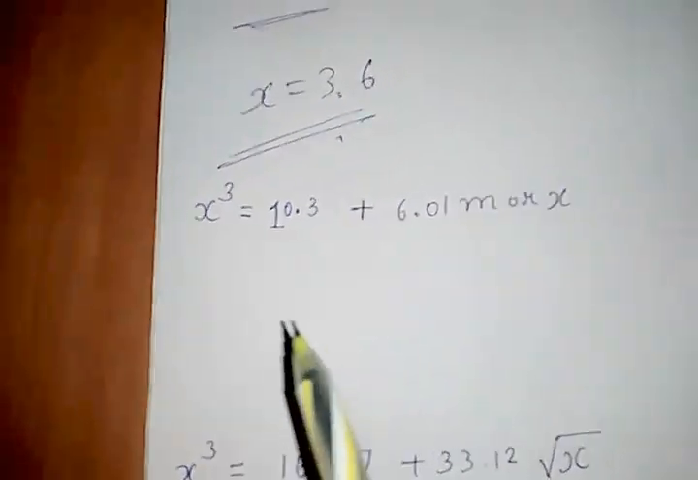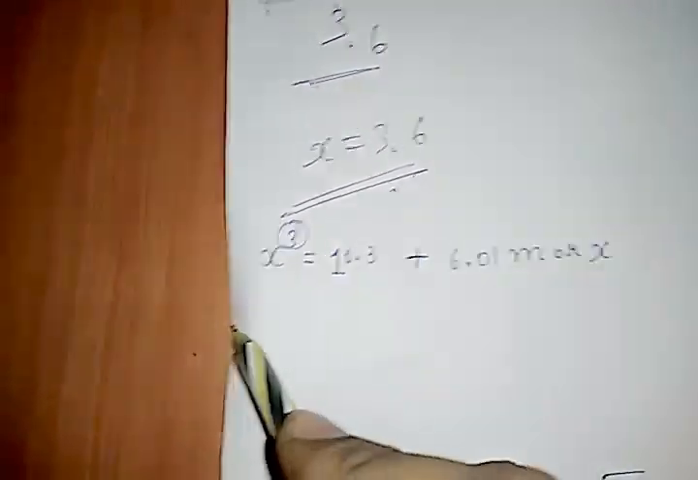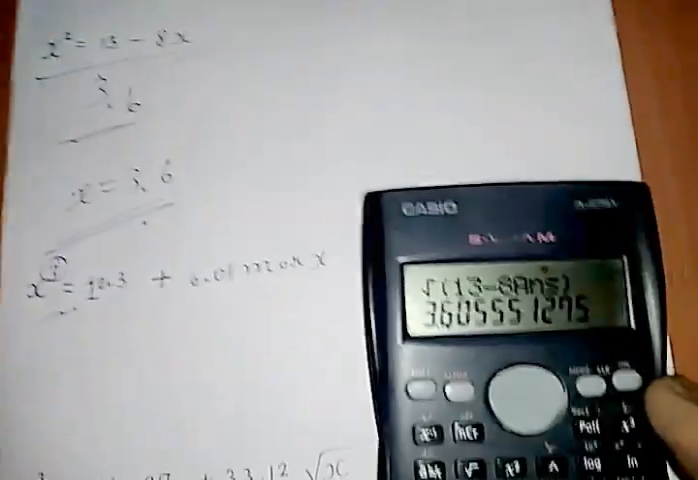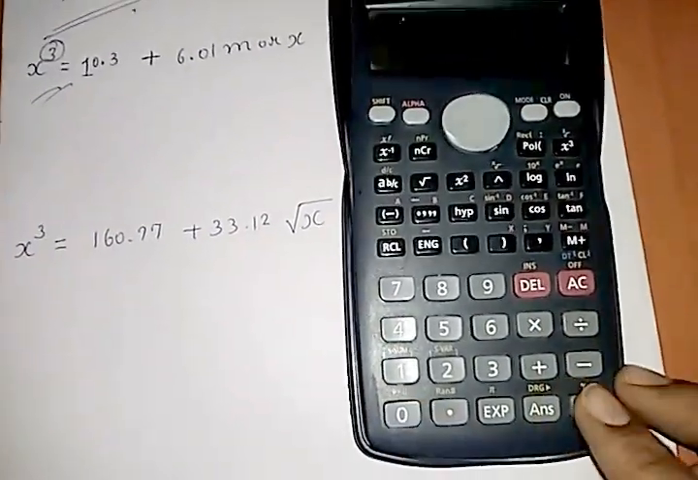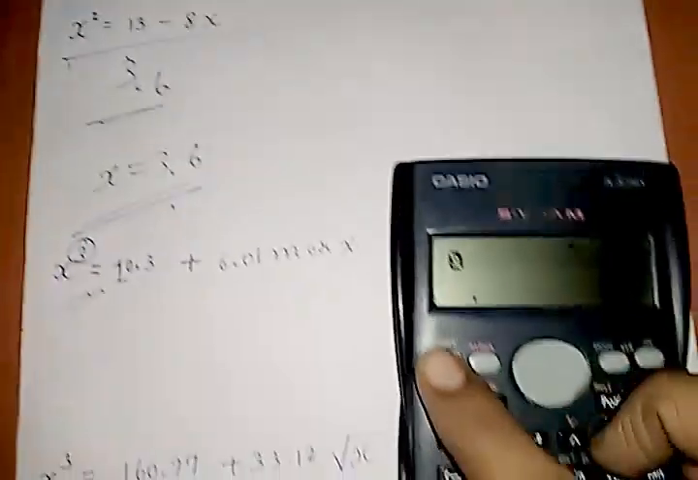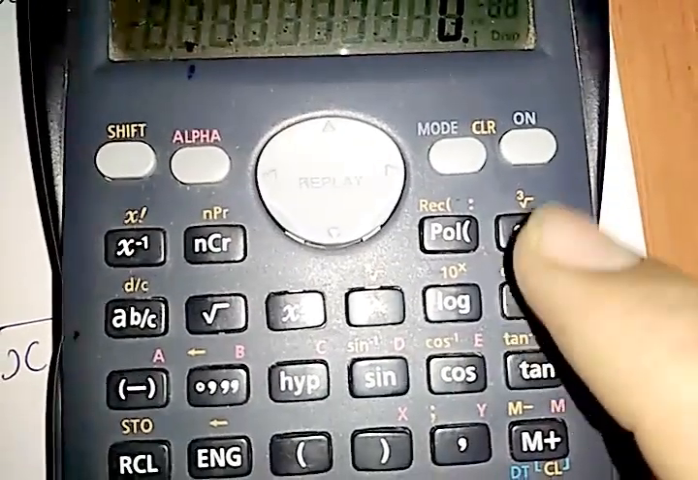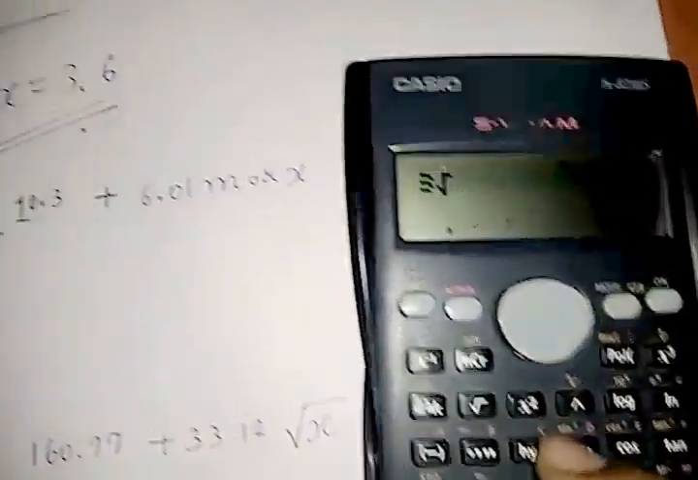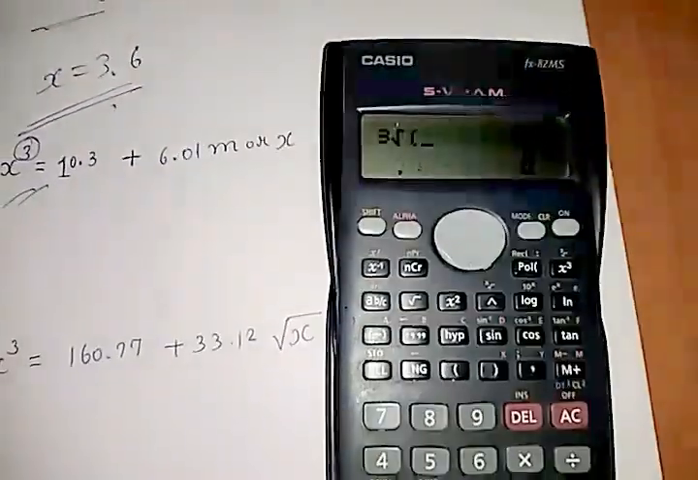Now for solving the second equation, in which here is x cube, follow the same procedure with a little bit of difference. X equals to, shift and press x cube, because here it's cube. Then close the bracket and put the value of the equation, which is